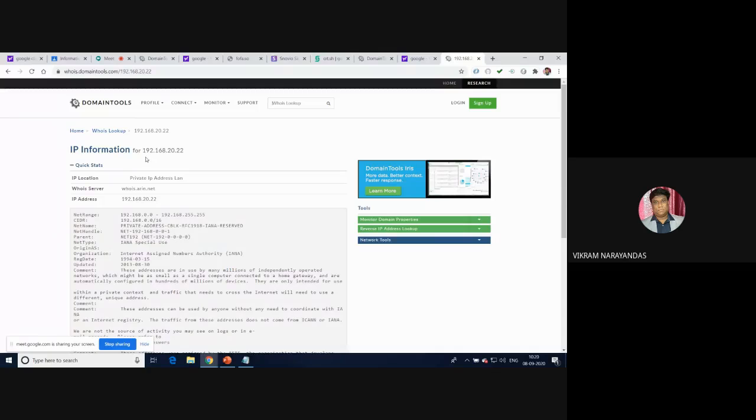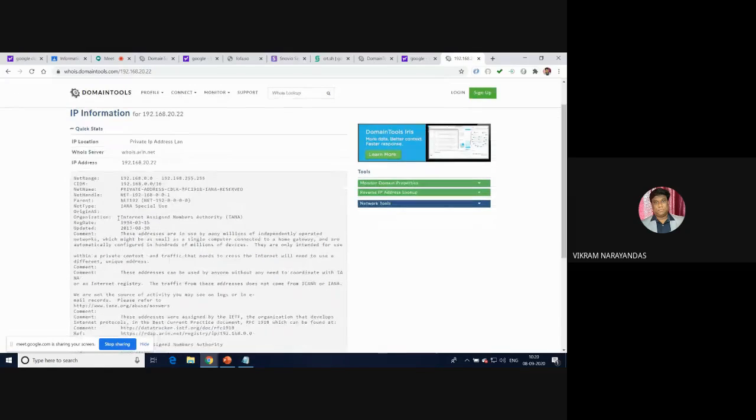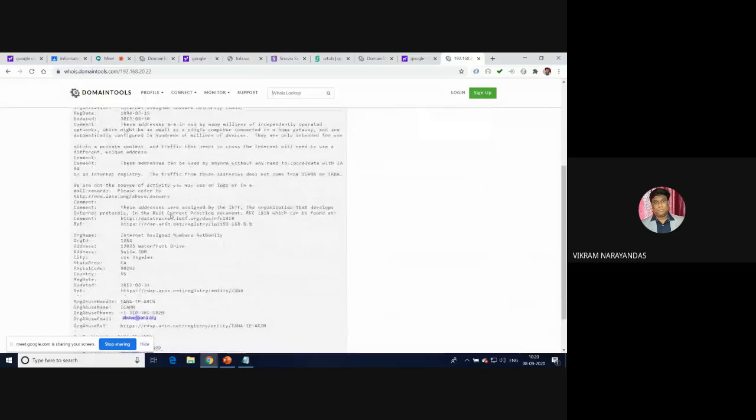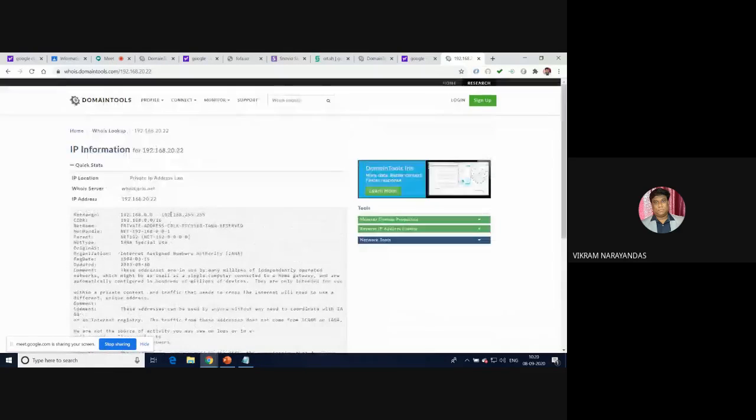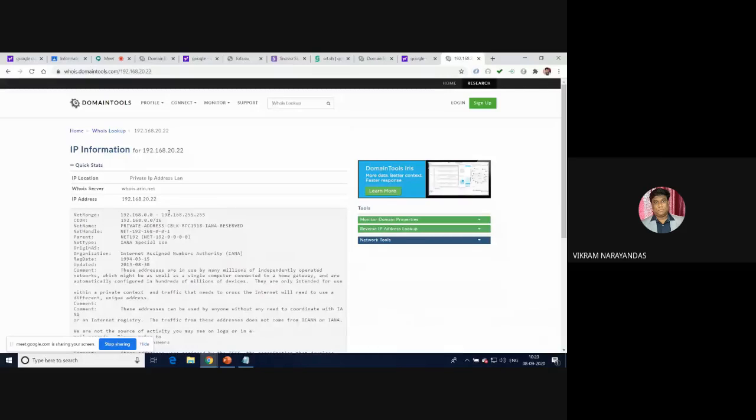So I type the IP address 192.168.20.22. Now it's a private LAN IP address, and you can see the information of the IP address and subdomains here. The information may sometimes be true, sometimes it may be false information, depending upon the website. Okay, try it. You can type a domain name also, any Google or Microsoft, whatever it may be, you can type it. I'll give 2 seconds. Please type and say the answer.